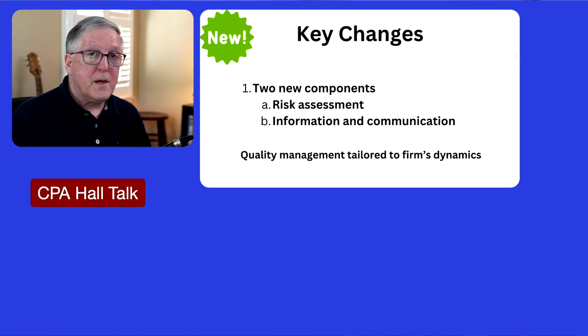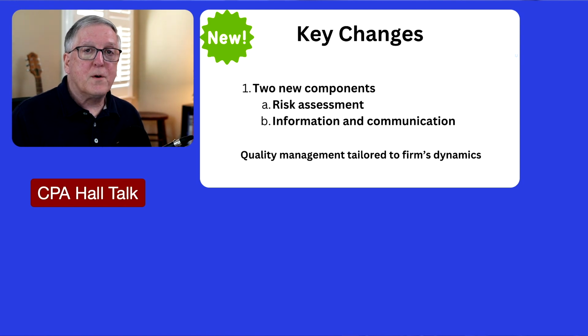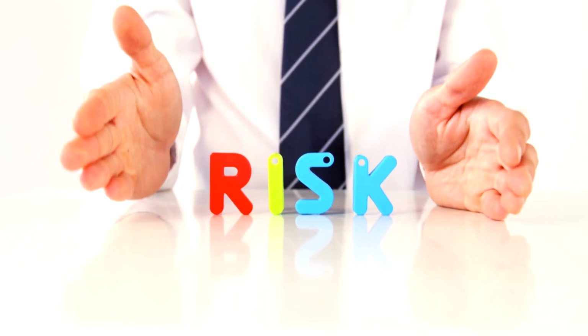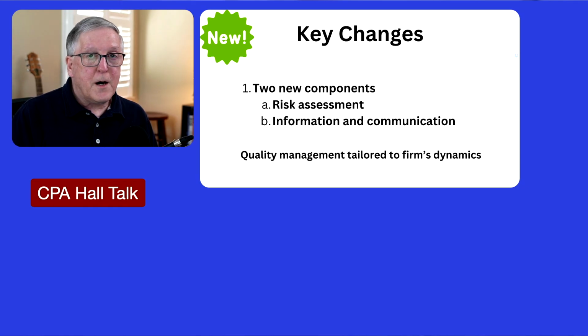So in this SQMS number 1 standard, the key changes are as follows. The first thing I want to say is that we now have a risk-based approach. So in the past, we had a quality control document. That document most of the time was fairly static. We did our engagement reviews. We did our monitoring once a year. This is going to be very different because we're going to tailor the quality management system based on the risk